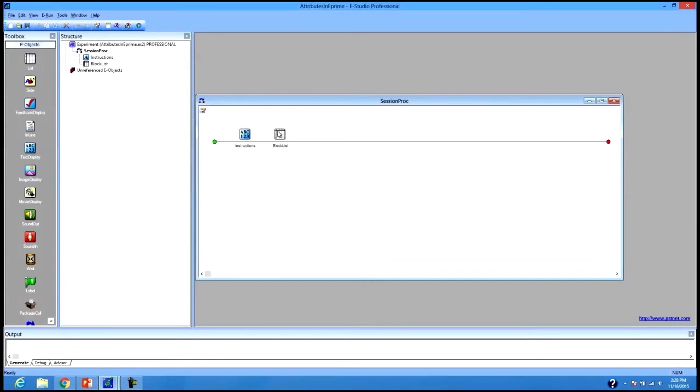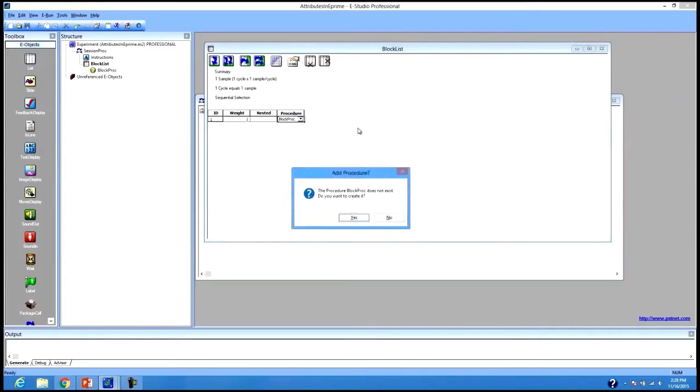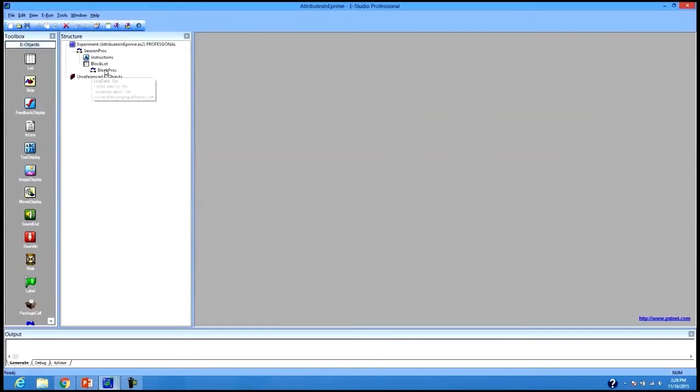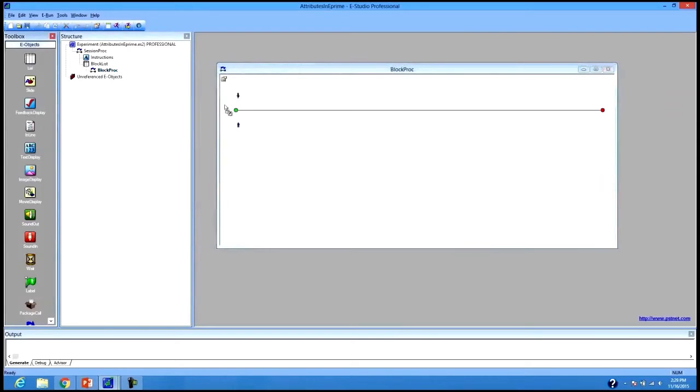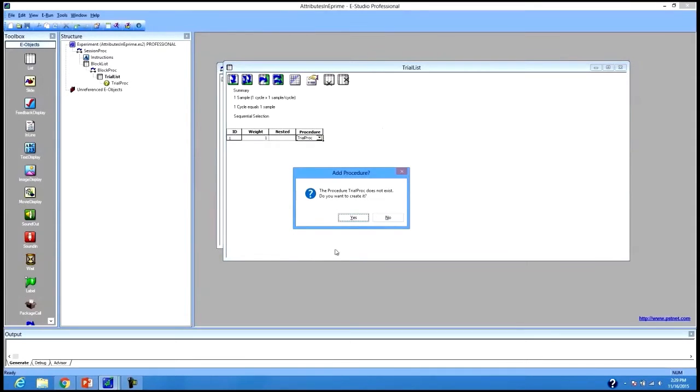And we could have referenced the old sample experiment, but it's kind of good to just build it together so you get familiar with the interface of EPrime. And I'm going to open up block procedure and drop a trial list in here now. And in the trial list is where I'm going to change something. I'm actually going to just have trial procedure here,